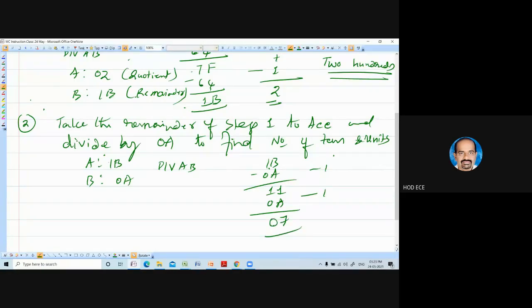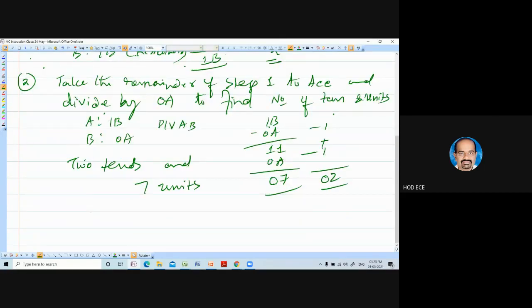So how many tens are there? There are 2 tens and 7 units. So accumulator is having 02, and register B is having 07.